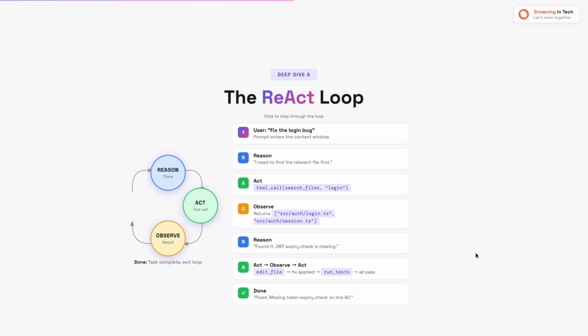The LLM reevaluates every single tool call. Each observation informs the next reasoning step. It might take 3 steps or 30 steps. It keeps going until the task is complete. And how does it know it's done? The LLM itself decides. When it reasons that the goal has been met, tests pass, file is fixed, the question is answered, it stops calling tools and returns a final response to the user.